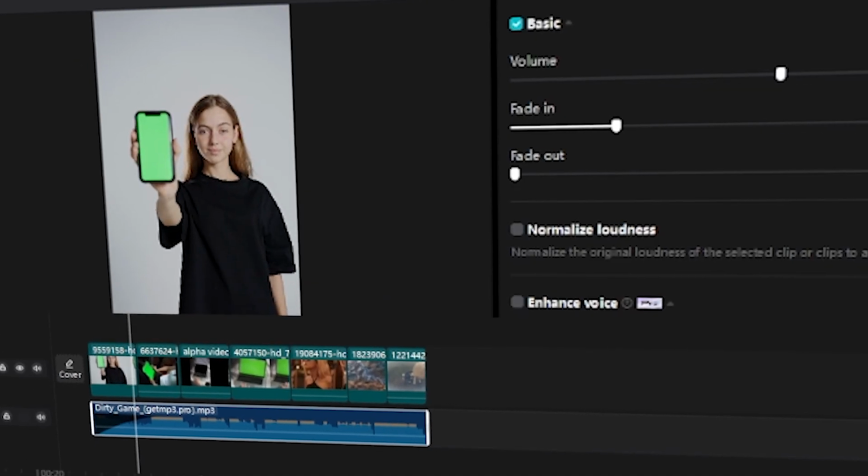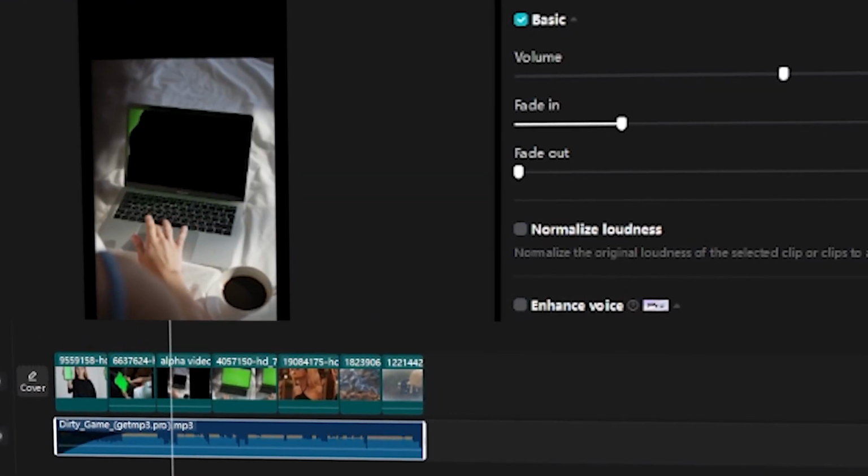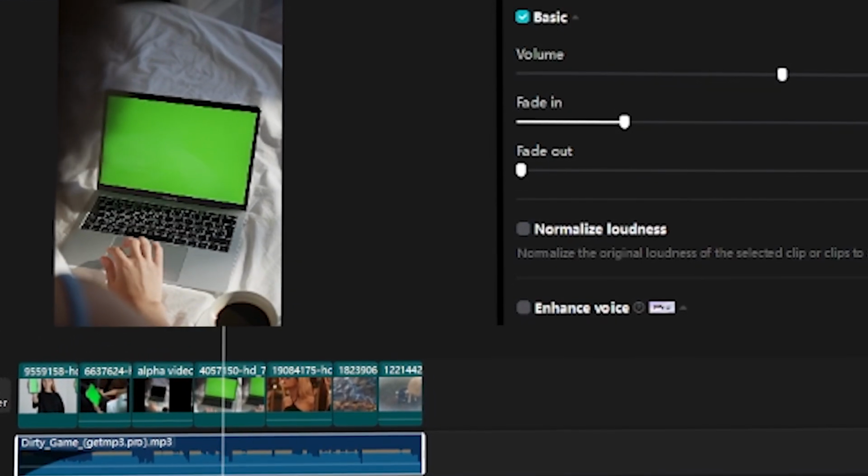This free tutorial will show you how to fade in MP3 tracks in CapCut PC online free video editing software